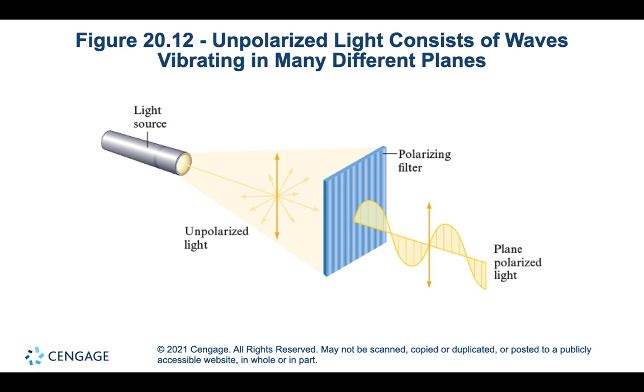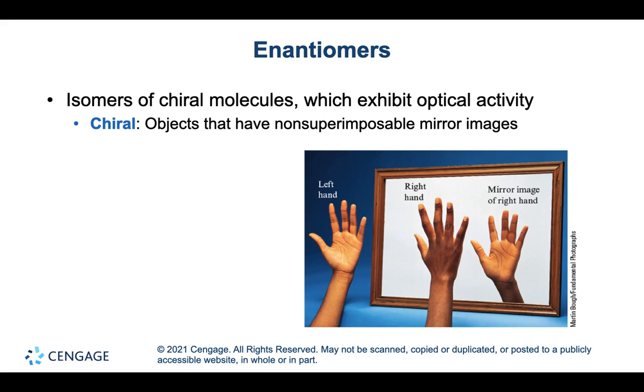So the effect would be that the light source would be unpolarized, then passing through a polarizing filter, it'd be polarized, and then that polarized light would be rotated by one angle or another, either to the right or to the left, by interacting with the different isomers, either the right-handed or left-handed isomers. So we call this chirality,